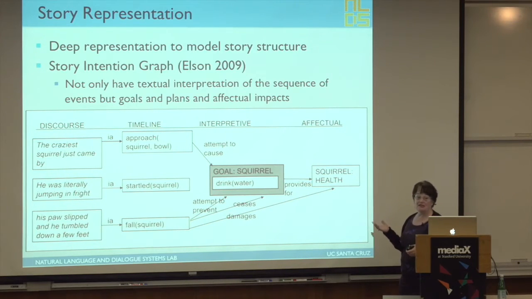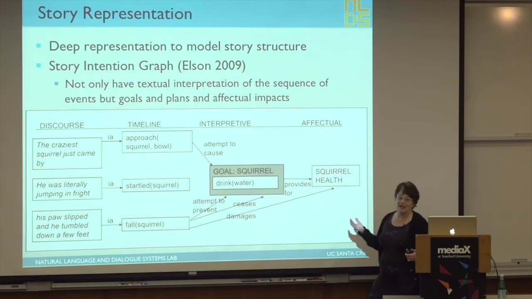It was developed by David Elson, who did his thesis work at Columbia. This formalism comes with an annotation tool that lets you annotate stories to generate this deep underlying representation, and it takes about an hour per story. Now, in n years' time, where n could be anything between 10 and 50, natural language processing might get to the point where it could automatically generate a deep representation like this